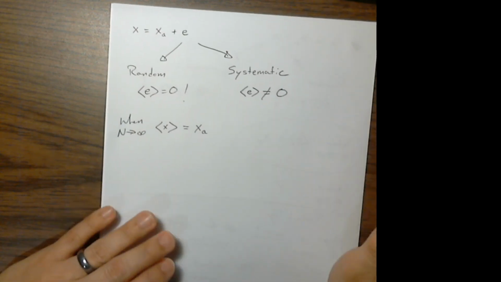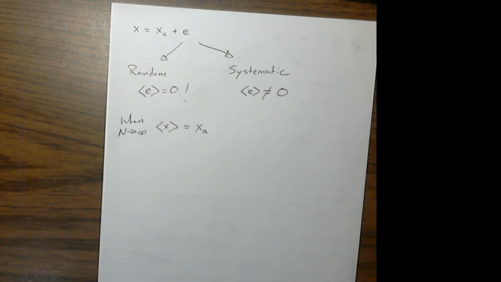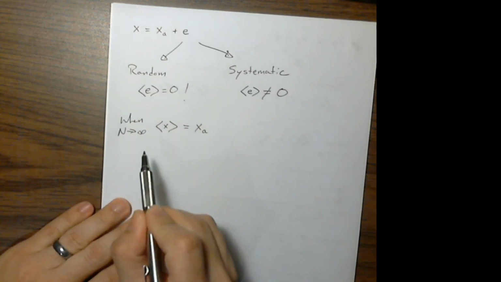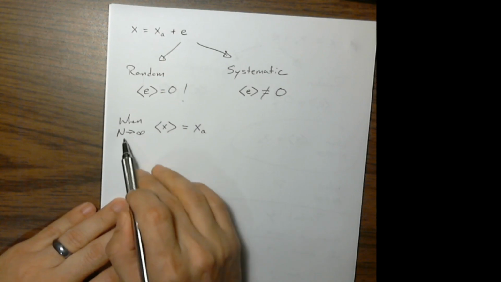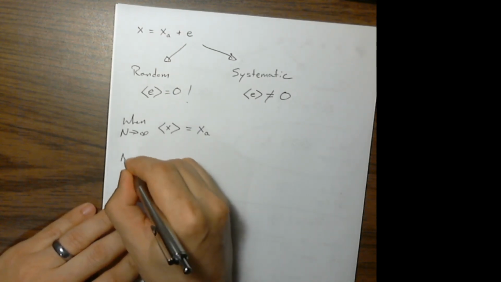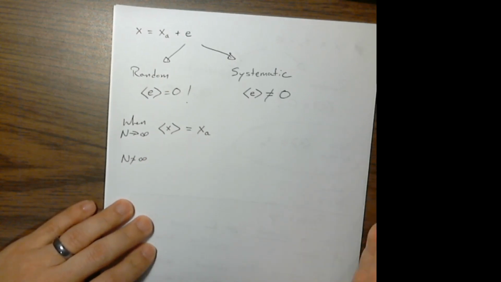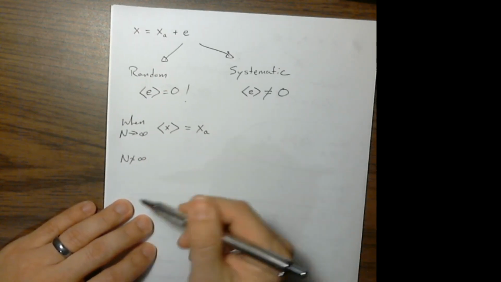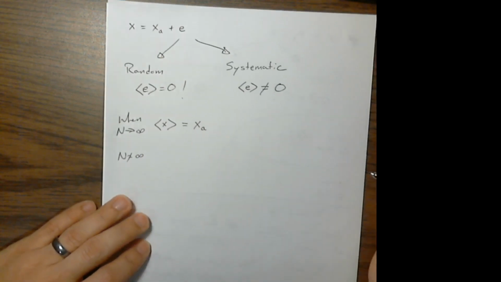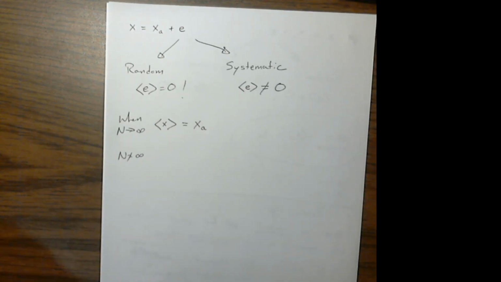Okay, so that's great and all, but now that we're talking about this, we need to get deeper into what happens in real life, where n is finite. What happens when n is finite? Because that's real life. That's the world in which we live. For that, if we're going to characterize things that are random, the tools of mathematics are certainly going to be needed, but in addition to that, we're going to need statistics, right?